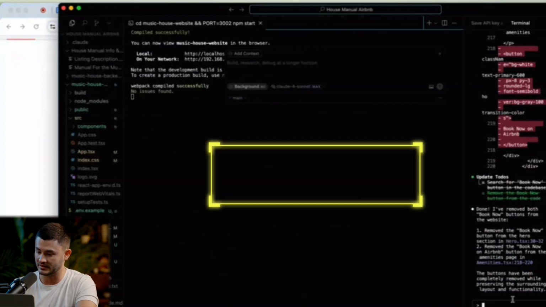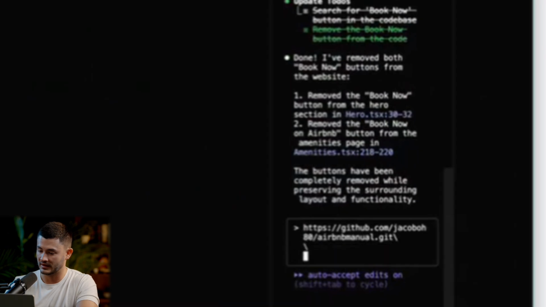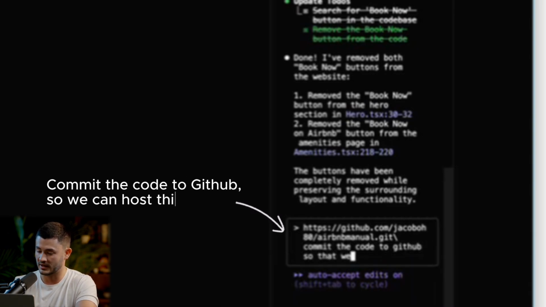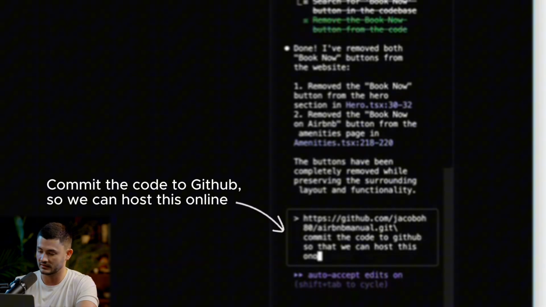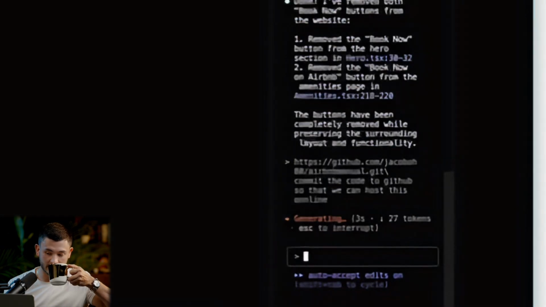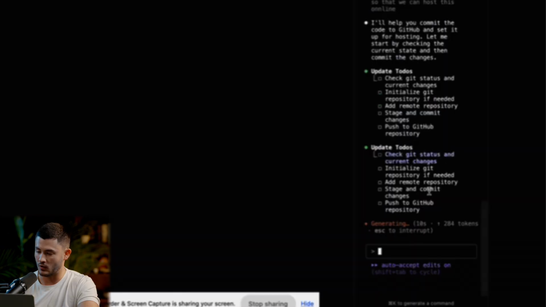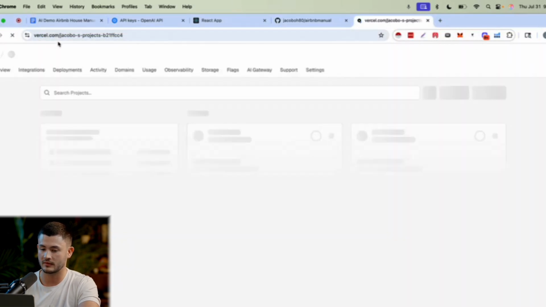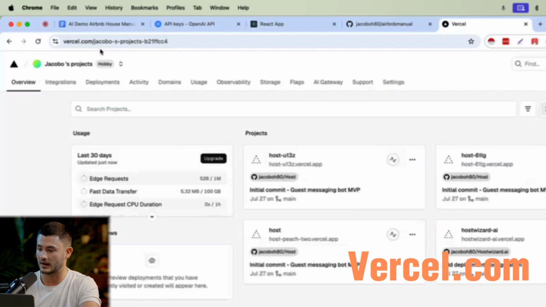And now give it back to the terminal and tell it deploy or commit the code to GitHub so that we can host this online. And I don't need to give any explanation. So it's going to start doing that and working through that. Now, while that's doing that, you're going to need an account with Vercel. It's going to take the code from GitHub and it's going to deploy it